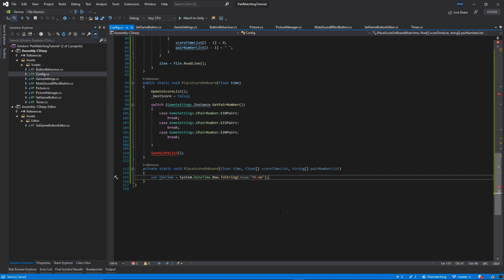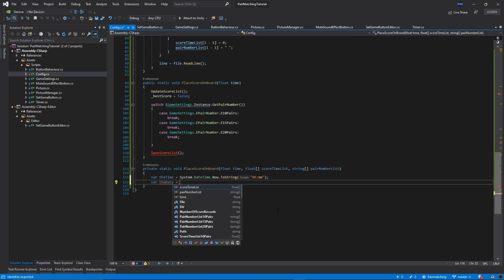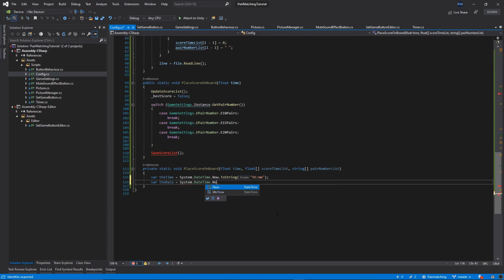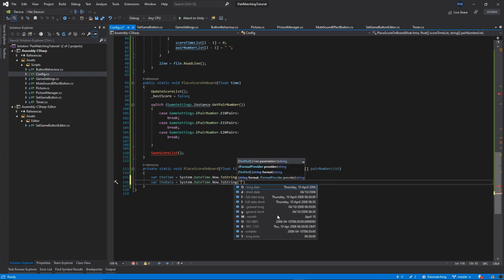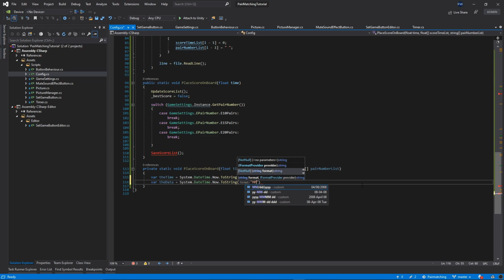Okay, and then the next one will be var date, equal to System.DateTime.Now.ToString, and this is gonna be the capital M, then dd, and then year. Okay, so I want to have this format,